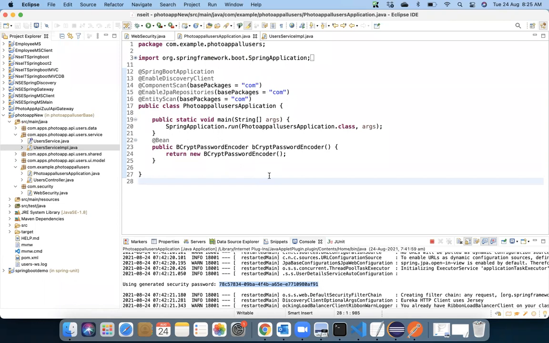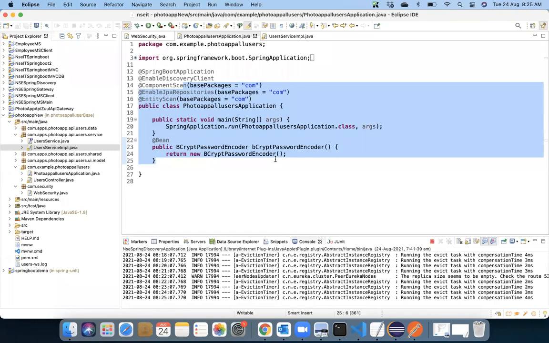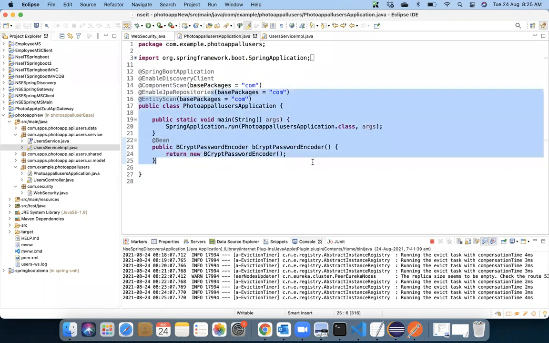Now, in case I want to protect the URLs and make sure only a specific number of IP addresses are entertained, not others. Specific IP addresses, not anywhere. Because my main application is being accessed through the Zuul API gateway, and the Zuul API gateway has a specific IP address. So if any other IP address other than the Zuul API gateway starts accessing your application, you want to disable that particular call. So how are you going to do this?